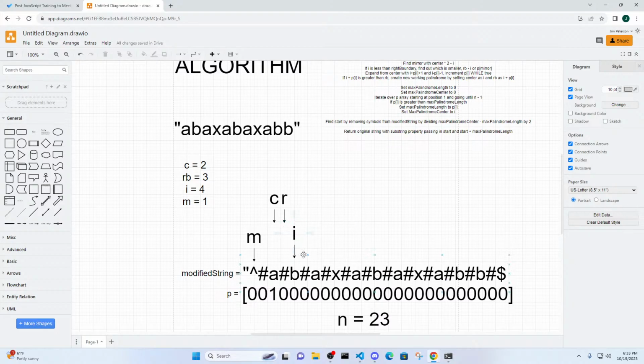So our I palindrome, later on, we're going to get the palindromes that are centered at I. And we're going to be able to use this M to collect information from P to pass that information forward to I and start at mirror's P value